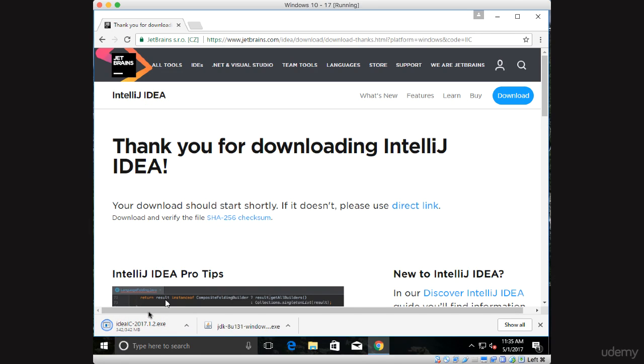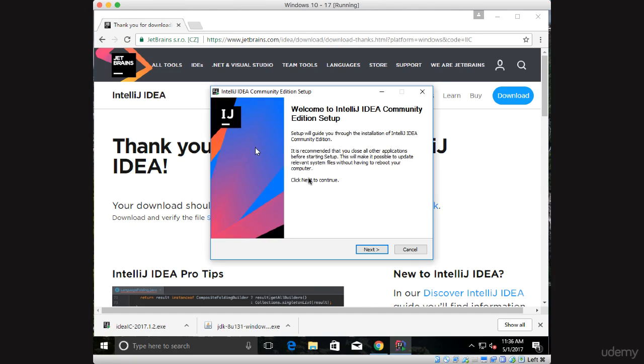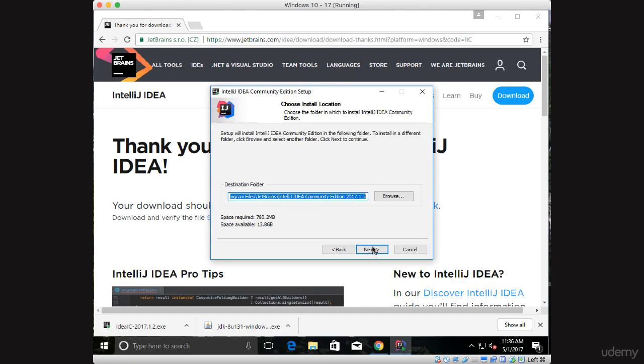All right, it's getting close. It should be done in a second here. And there we go, it's done. So double click. Should be able to then open an installer here. And of course, do you want to allow this app? Yes, indeed. And then we have a wizard here that will take us through the process of setting up our IntelliJ